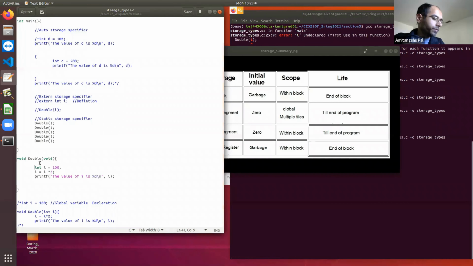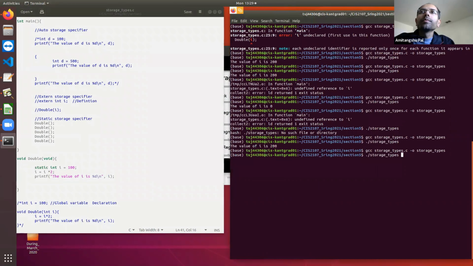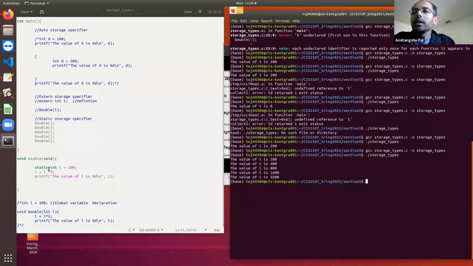If I use the static keyword and run this program, I'm going to see 200, 400, 800, 1600, 3200. I just changed from int to static int, and by changing this, I have basically asked the compiler that I want to store this in a static integer fashion.